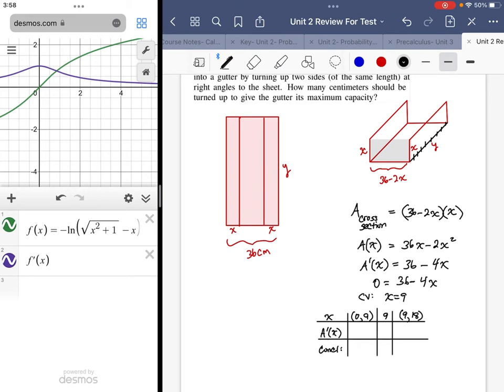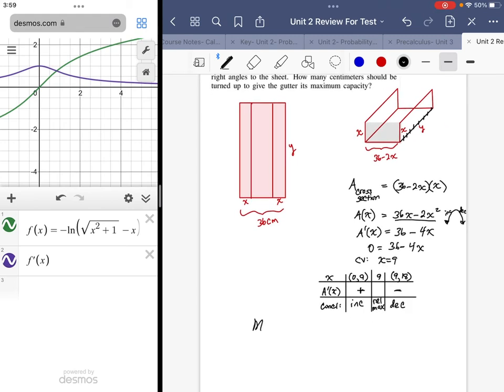All right, now, just using, I'll call it common sense, but it's really graph sense, looking at my original function here for area, it's a negative quadratic, so it's a downward facing quadratic. We know that a downward facing quadratic increases followed by decreasing. So positive, negative, indicating a relative maximum, which is what we're looking for. All right. So maximum capacity